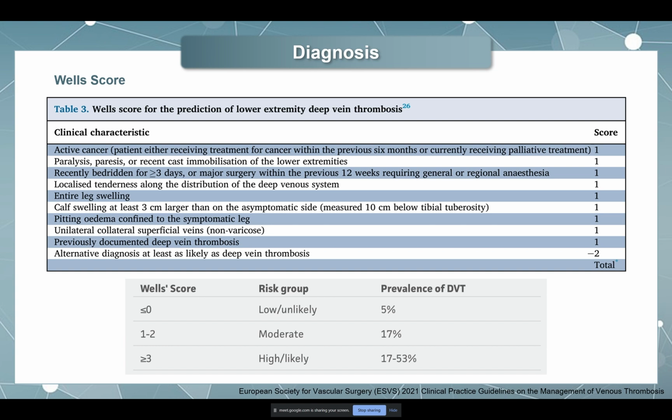From this scoring, the original score categorizes patients into 3 risk groups,